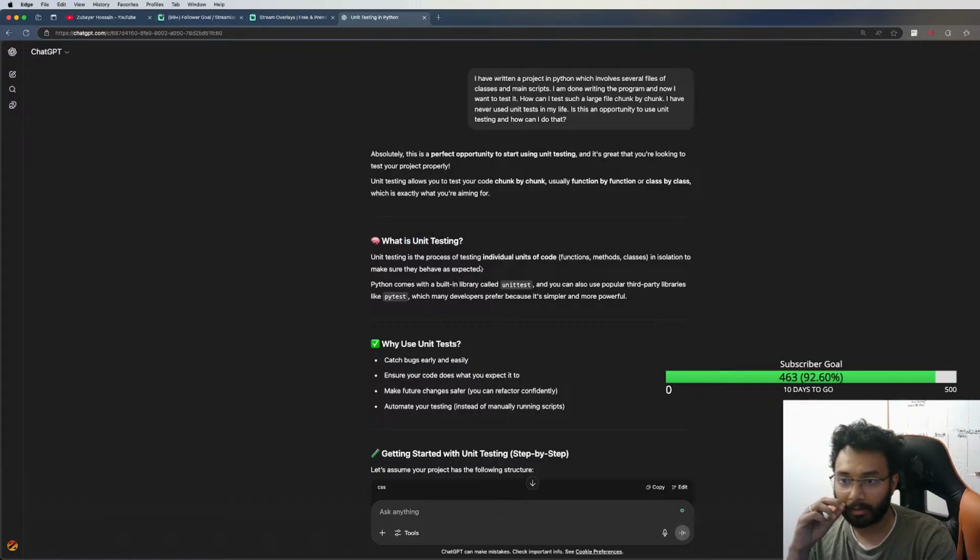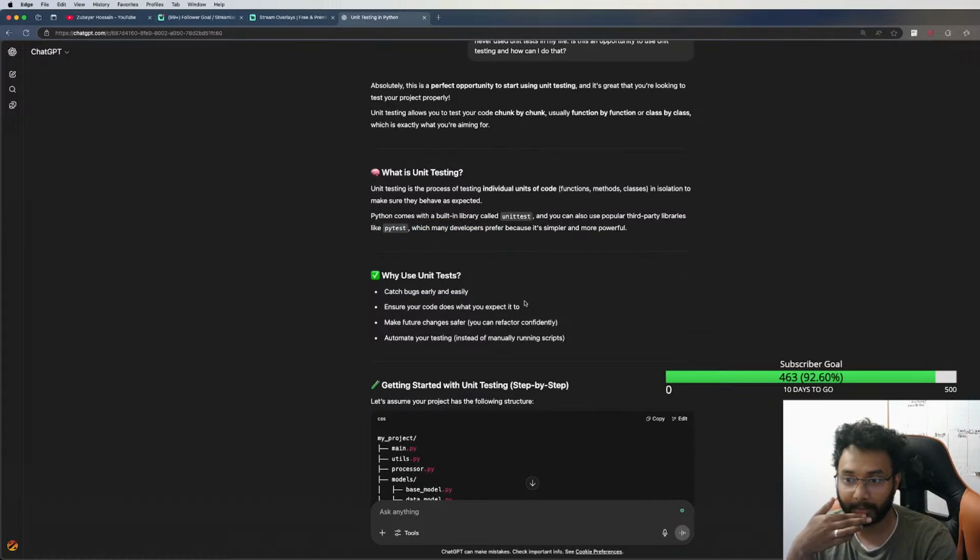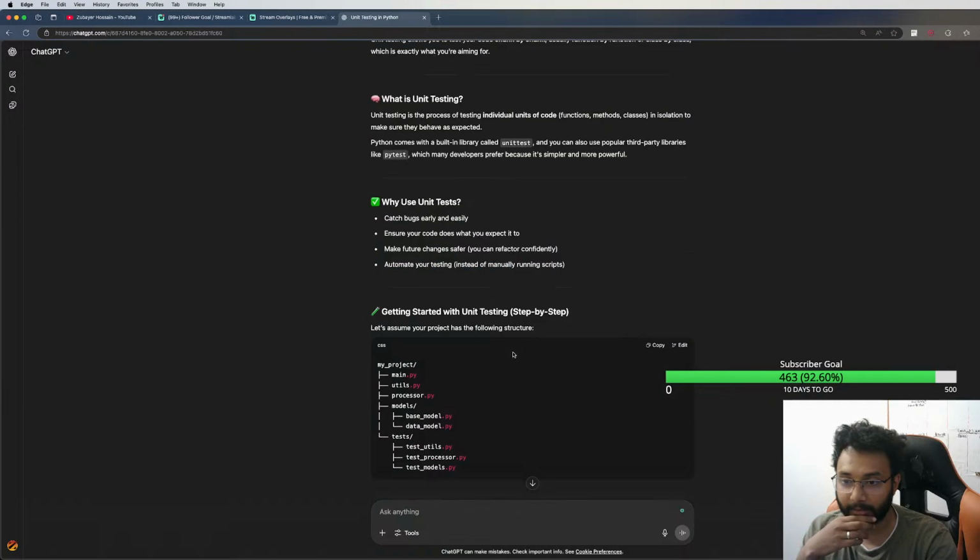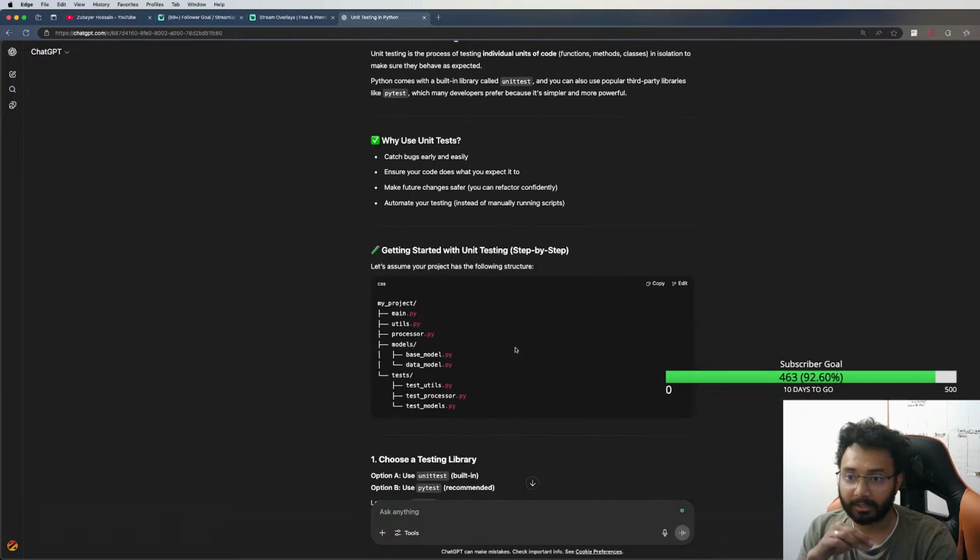The process of testing individual units of code, a function or method, in isolation. Make sure that the behavior is as expected, thanks to built-in unit tests. You can use popular third-party libraries like PyTest and many others. Why use unit tests? They catch bugs early and make sure your code does what it should. Getting started step by step. So for example, yeah, this is